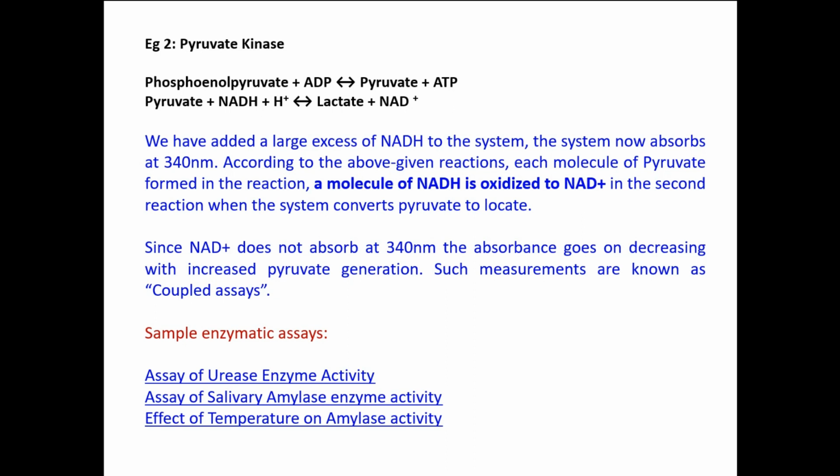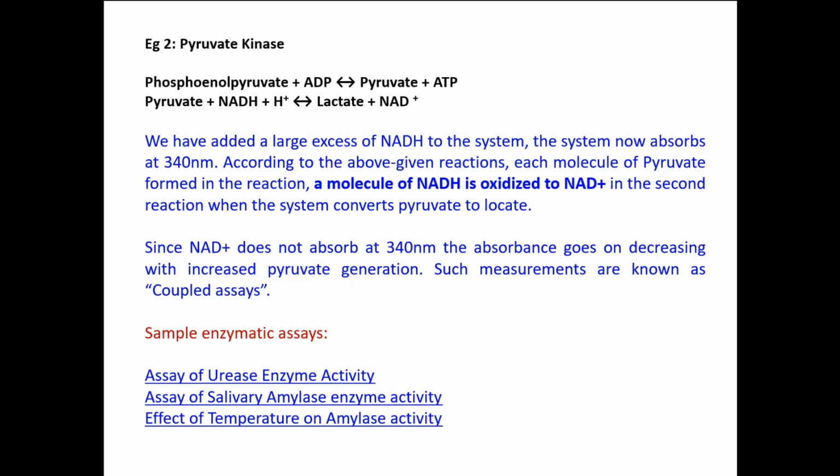And likewise, if 50 molecules of pyruvate are formed, those 50 molecules of pyruvate will get converted into lactate and NAD plus. What will happen in the reaction? 50 molecules of NADH are depleted from the reaction. So it is 1.5 when there are 100 molecules. When 50% of the NADH is reduced, then automatically there is a decrease